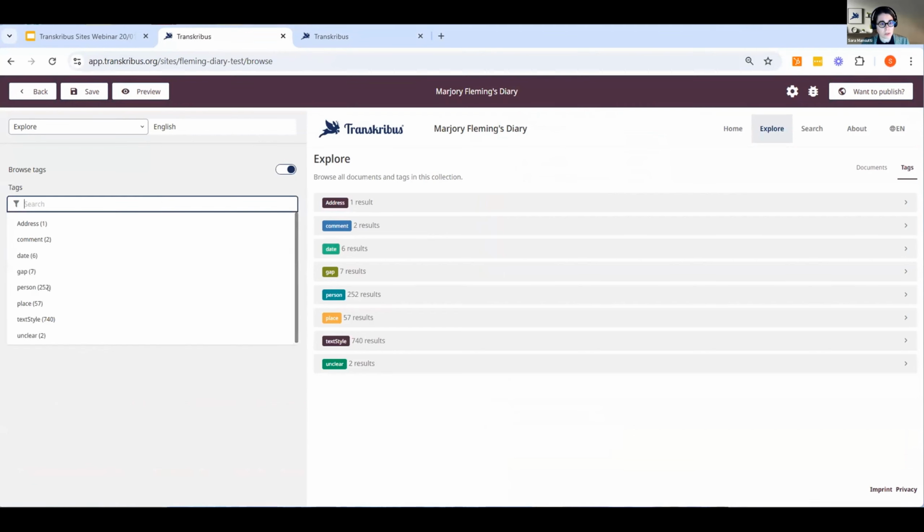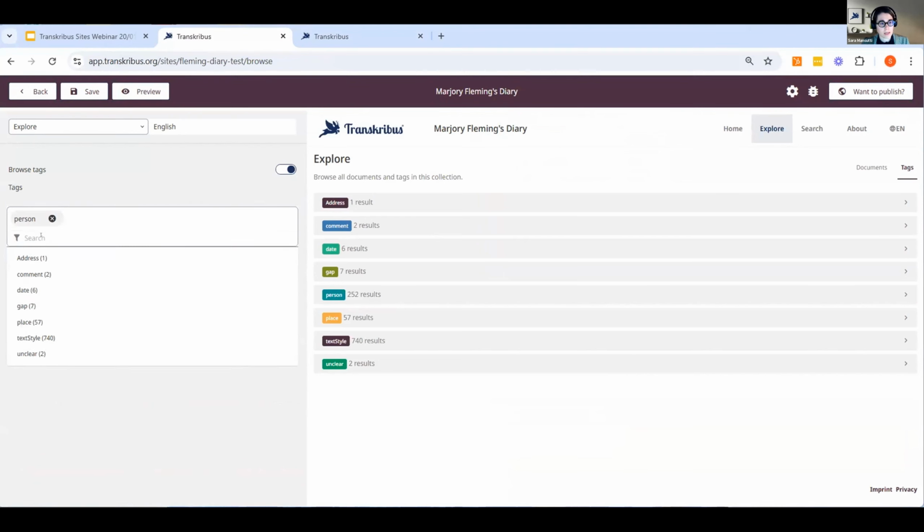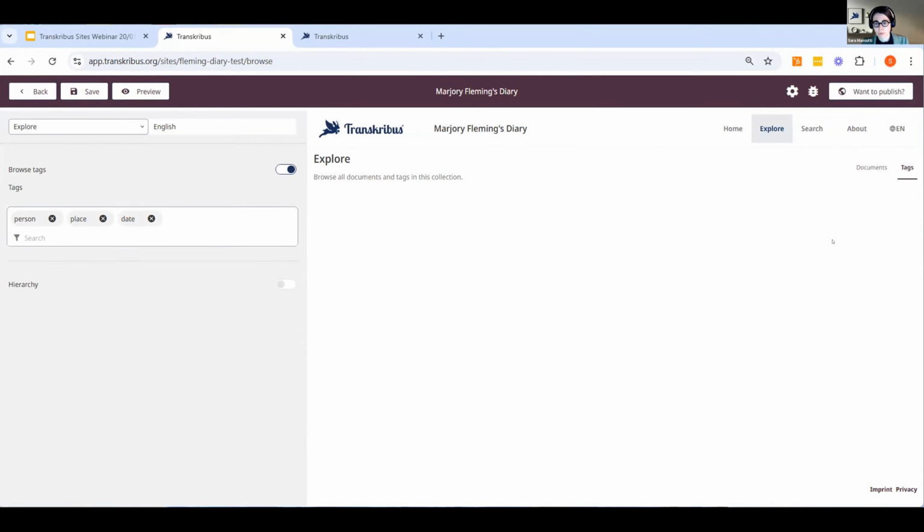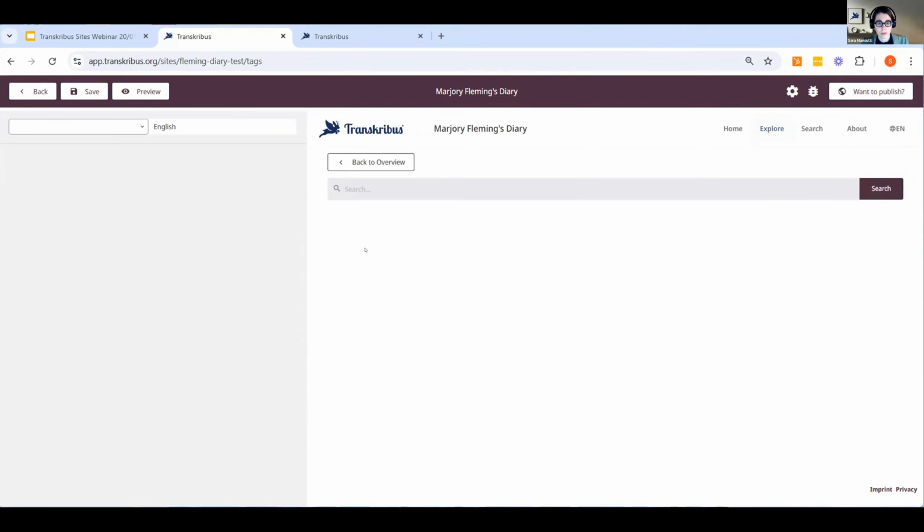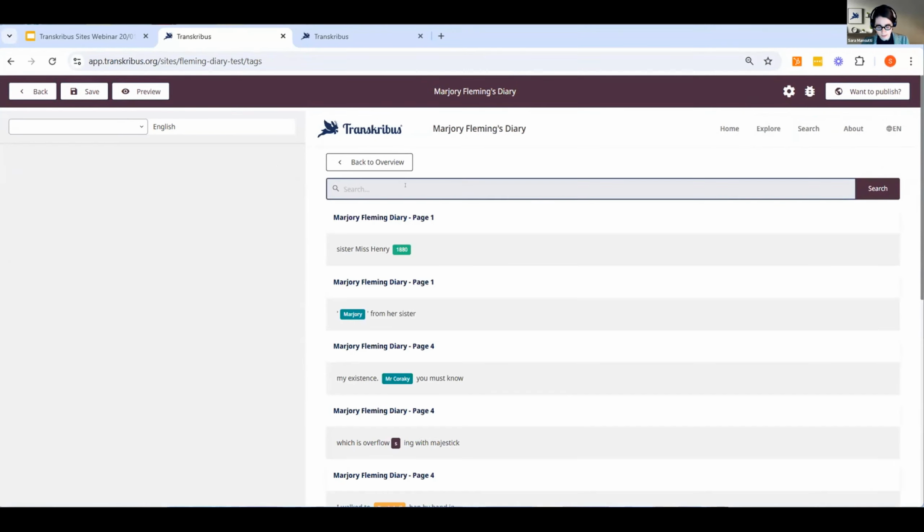So, for example, I want just to show the person tag, the place tag, and the date, because the other tags aren't relevant for my work. And you see here, now I'm just showing those tags, and then people can click there on place. They will see all the tags, and they can also search through